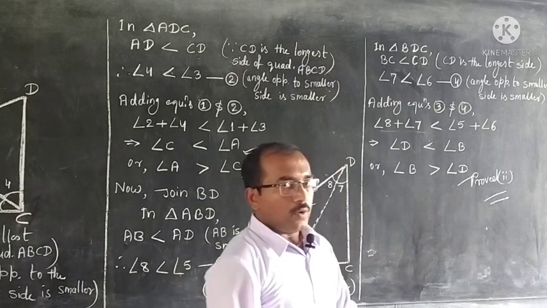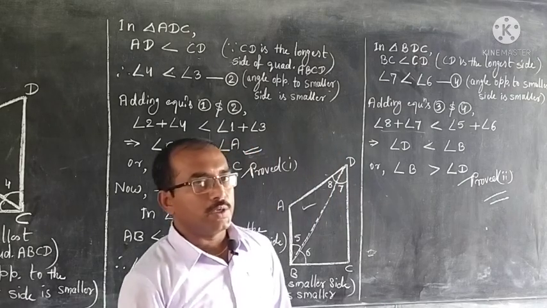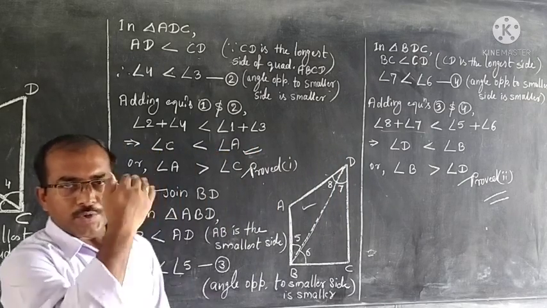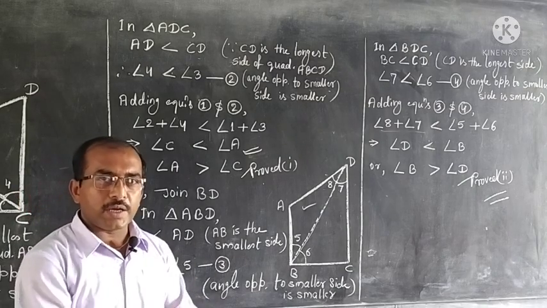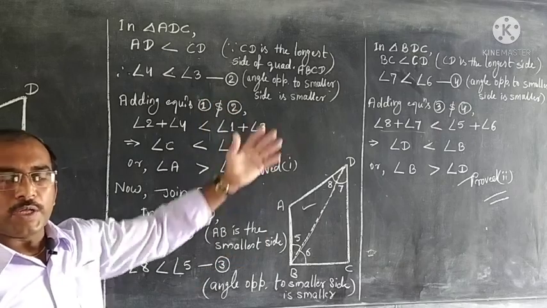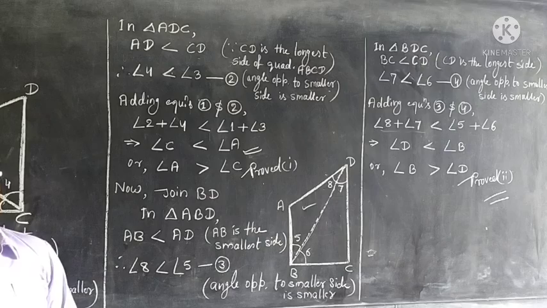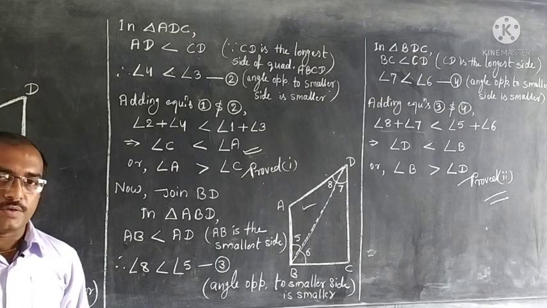So, we proved both, and it is easy, we only need to keep the steps and those 2 properties in mind. First diagonal we join, we work in both triangles and add them, like that another diagonal we join, we get both equations and we add them and we prove what is given to prove. See you, let us see another question.